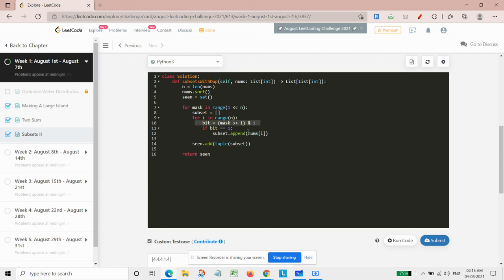If it is equal to 1, then we put that particular integer into our subset. And if we find that it is not in our set, then we need to add it into our result and into our set also, and at the end we simply return this.